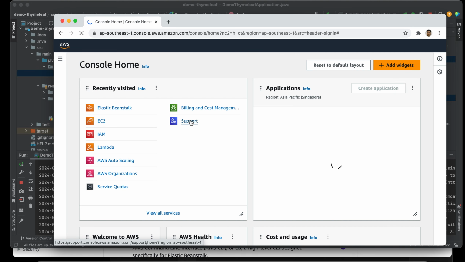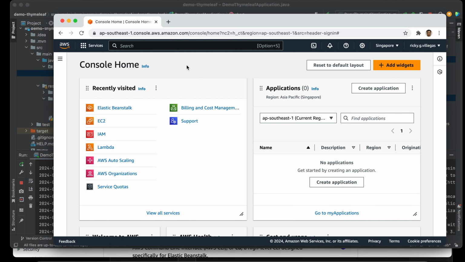Before we can deploy our application in the Elastic Beanstalk service, we need to create an EC2 role. Without this, we cannot deploy successfully.